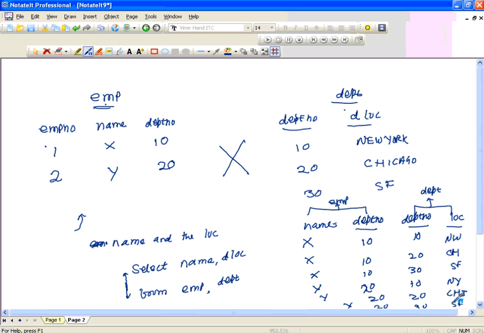Okay, so basically what I'm saying is, the result of this query will be the 6 rows, but do I need that? I just need to know where this X is working. So if I put another condition here where emp.dpt number is equal to